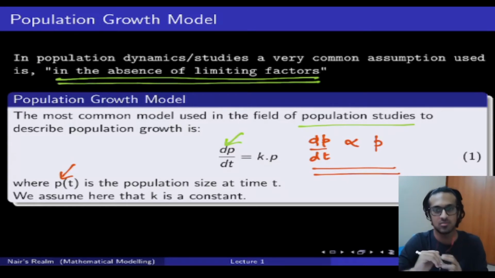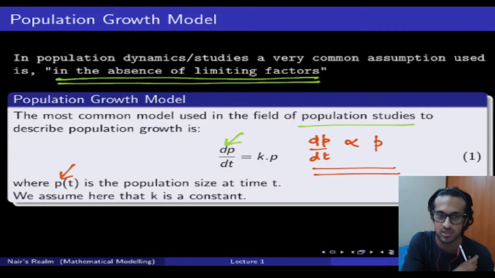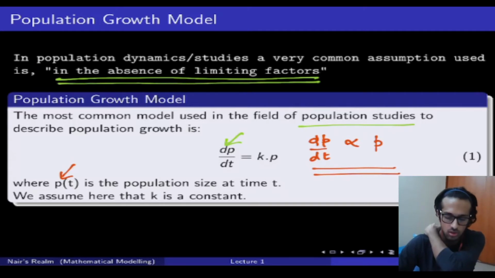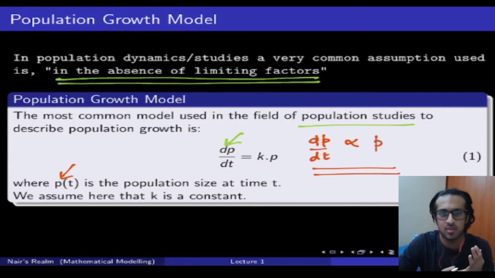Just a disclaimer, if there are people here who don't know what differential equations are, or if you're confused about it, I'll be making a very short video on it pretty soon. So check back on my channel regularly and you will see that I've made some short videos on differential equations and a few other things that will help you in this mathematical modeling video series. But for now, just think of this differential equation as nothing but the rate of change, right? So we picked the right mathematical tool as well.